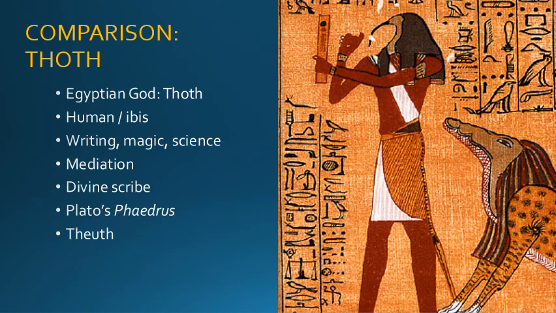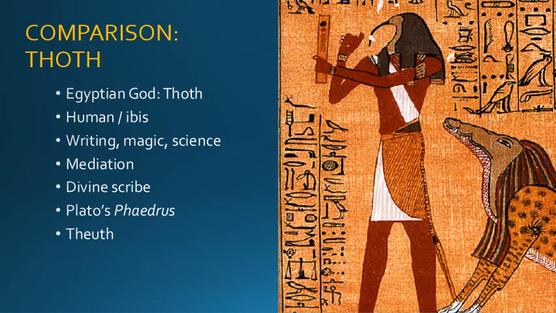So in this instance, the point of comparison is the Egyptian god Thoth, who is depicted in ancient Egyptian iconography as half human and half ibis, or sometimes half baboon. This is typical of ancient Egyptian deities, and something that the ancients themselves were puzzled by and remarked on, the hybrid nature of Egyptian deities. His Egyptian name is pronounced probably something like Thowit, although we refer to him as Thoth in modern usage.